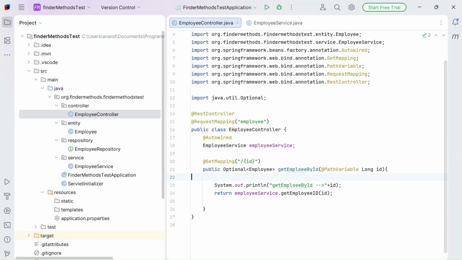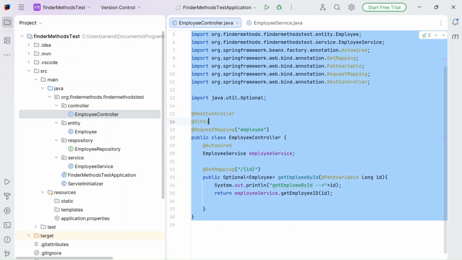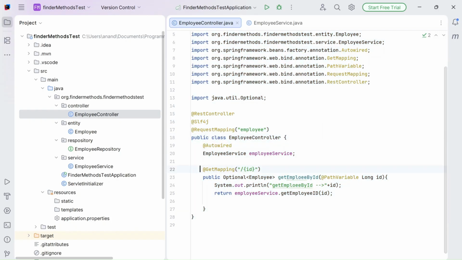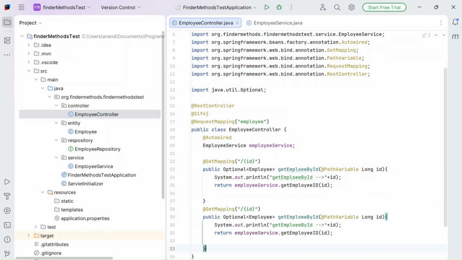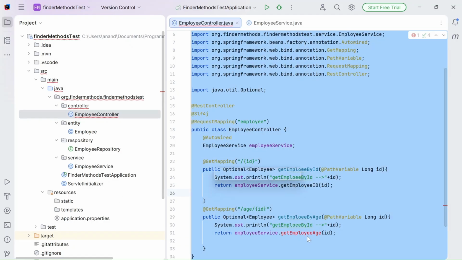Before that, I'll do something here. I use SLF4J. Okay, copy this here. Find employee by age. Let's say age. So find by, get by employee age. So in the service actually